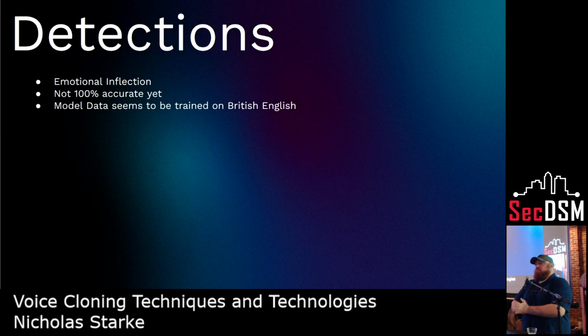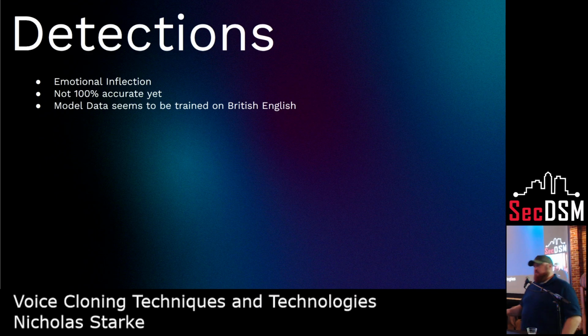All right, this is the most important slide. How do we detect this? How do we know when this is happening to us, to our family members? How do we prepare people to think critically about what's going on to detect this sort of attack against themselves? The number one thing I see, and this is across all voice cloning